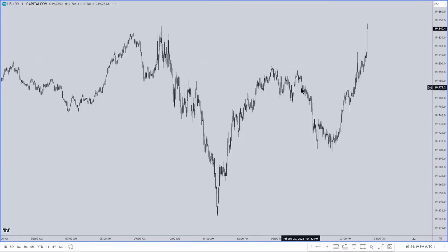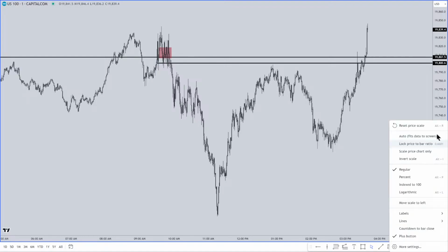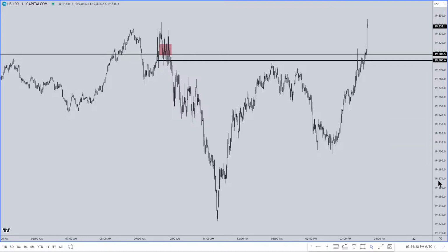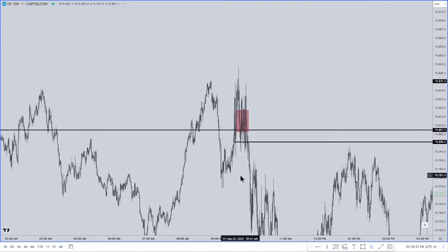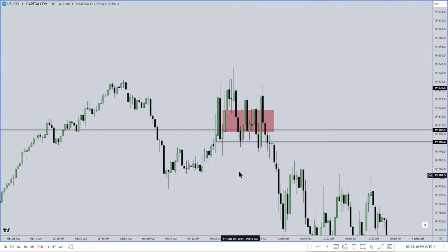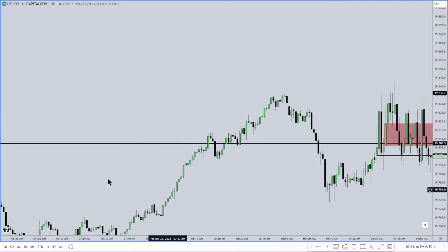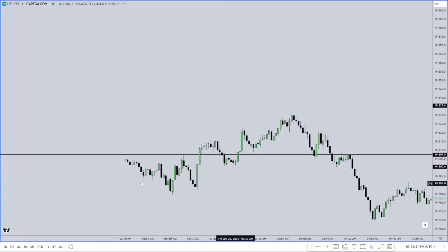So if we pull that up like this, you can already see that I have the opening price at 9:30. There's the opening price at 9:30. And this settlement price here is yesterday's same 4:14 closing.